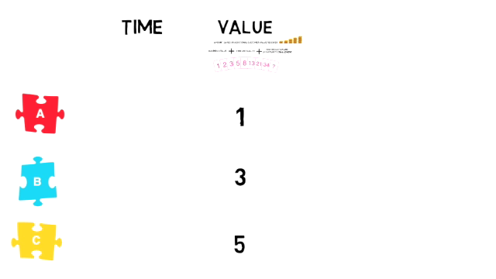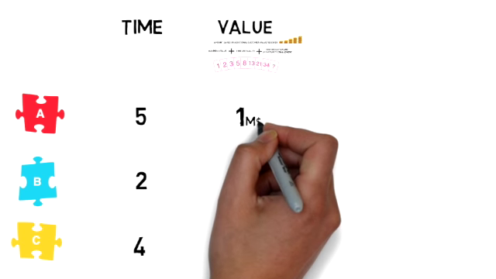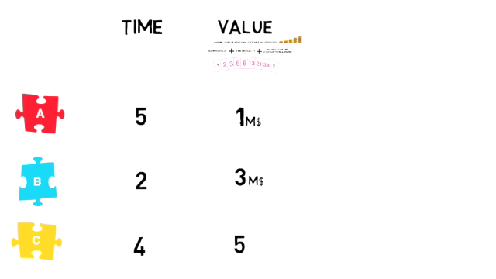Regarding the time it takes to deliver these features, we can assume that feature A takes 5 weeks, B 2 weeks, and C 4 weeks. For the purpose of our example, I will be referring to our value as multiplied by $1 million to discuss a monetary value. In his book, Principles of Product Development Flow, Donald Reinertsen explained that we should take into account